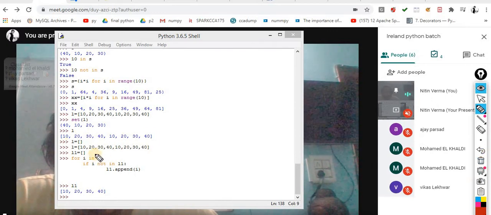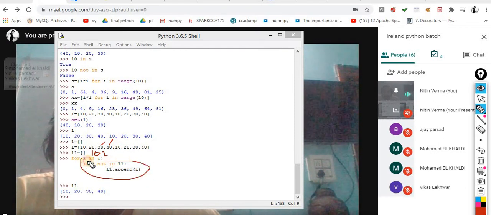In the second case you get 20, which is not there, so 20 is added; then 30 is not there, 30 is added; 40 is not there, 40 is added. Now again you get 10. Now this condition is false, so you don't need to do anything.